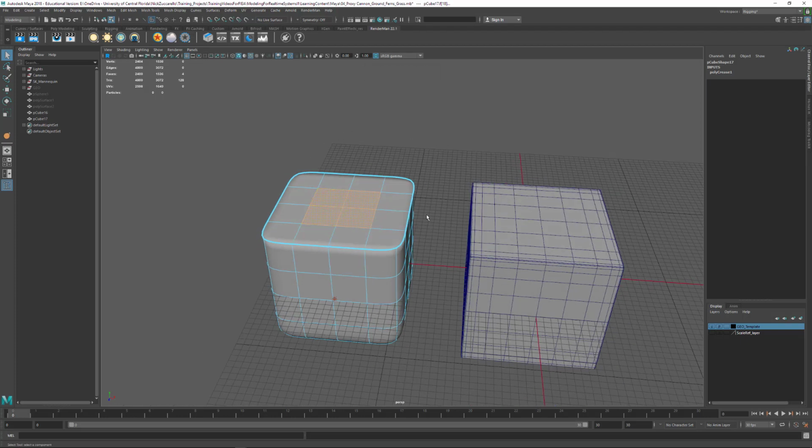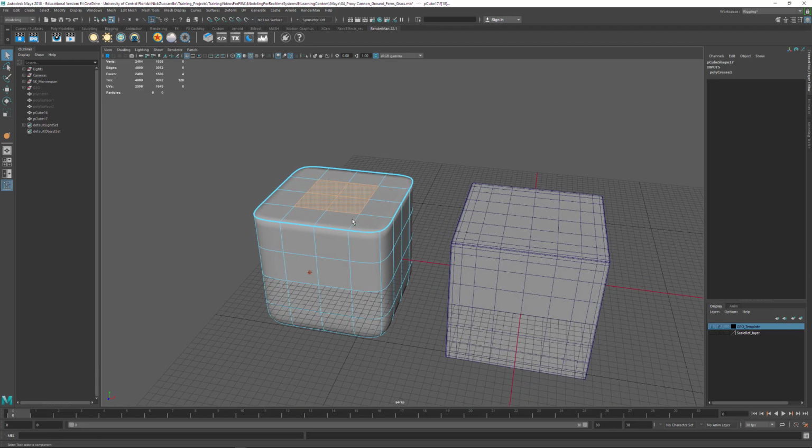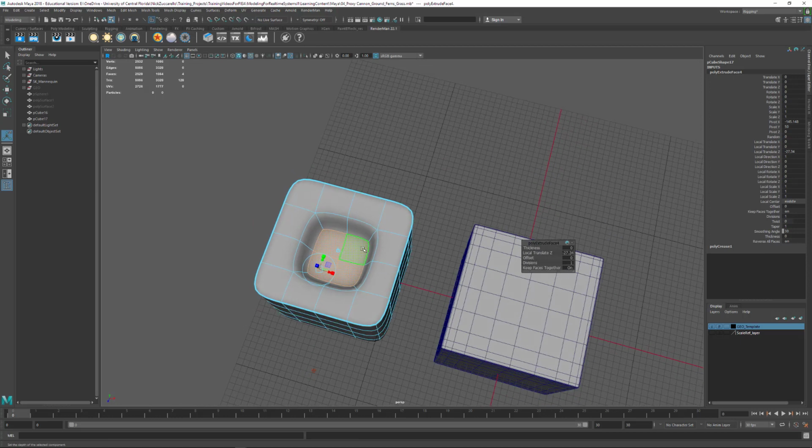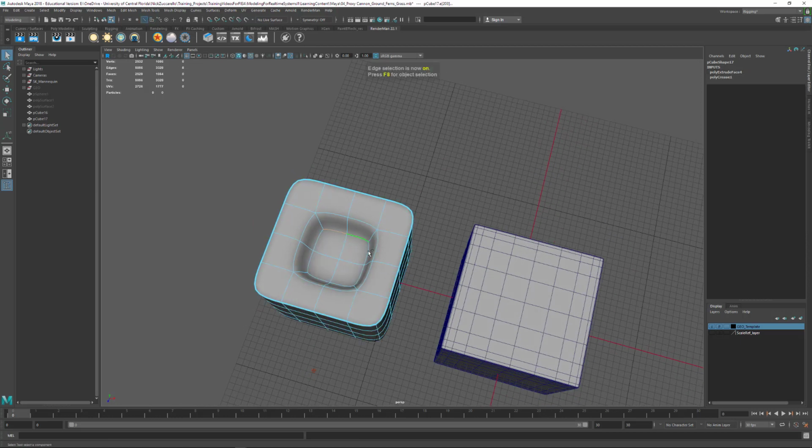So this look doesn't look so great for the shading inside of Maya, but you push it to other programs and it easily can shade a little bit better. So I'm just going to select those faces and shift right click and say Extrude Face, and I'm going to push this down and push this in. And then I want to show you, if I select these edges, just holding down shift and adding to that selection,